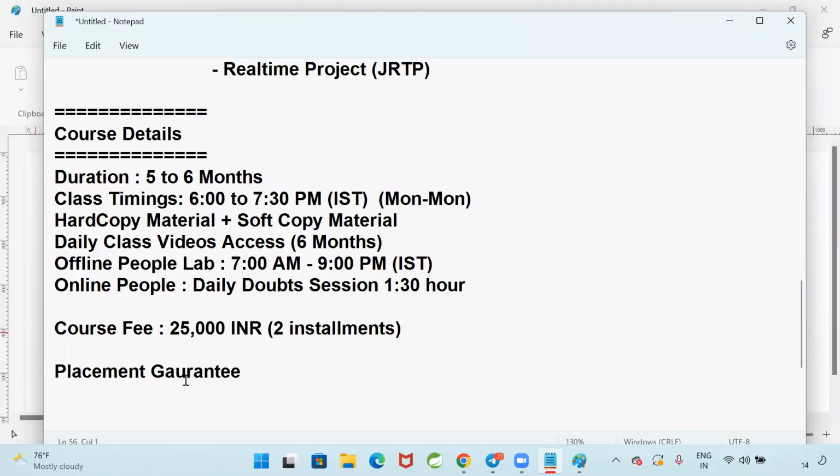Excuse me, guys. If you want to go as a fresher, till you get the job, our support will be there. And within these 6 months, lab assignments, mock interviews, and weekly exams will be conducted topic-wise. If I complete the arrays topic, I will give you 10 problems. You need to solve the problems and submit them to the coordinator.